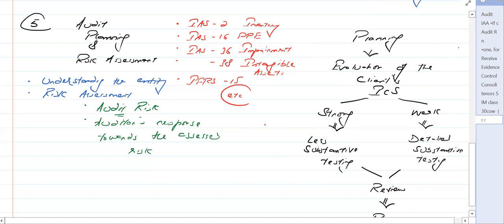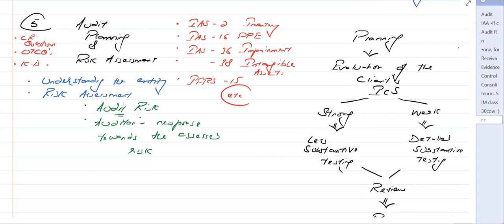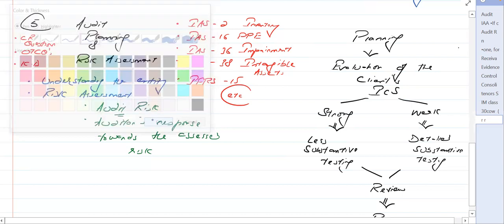Now, coming to how this is tested in the exam, first of all, mainly the constructed response question. Always we have a case study question from this area. There's not a single attempt where the examiner has missed it. So every time. And then we may have the objective test case questions, and also the knowledge-based element. For example, differentiate between audit strategy and audit plan. And similarly, what is materiality? What is performance materiality? So there is a lot of theory